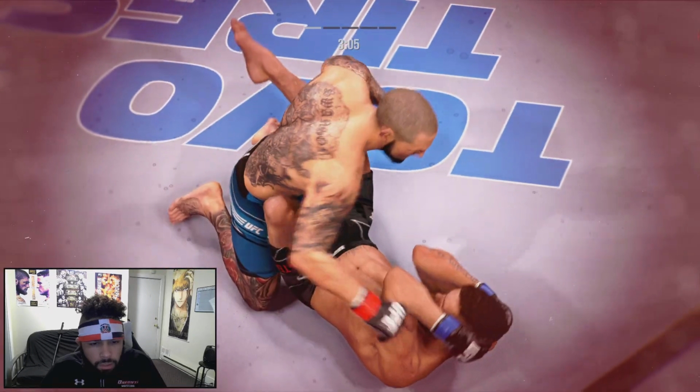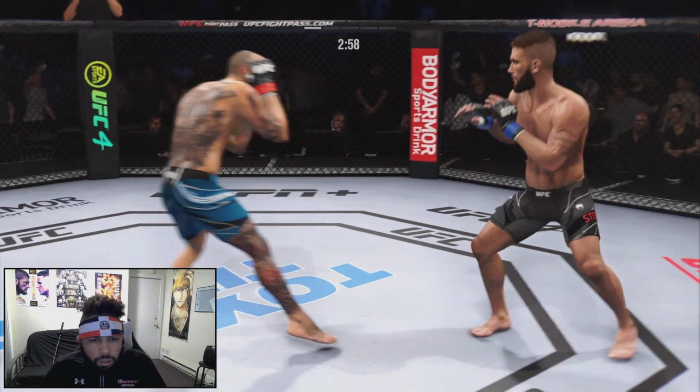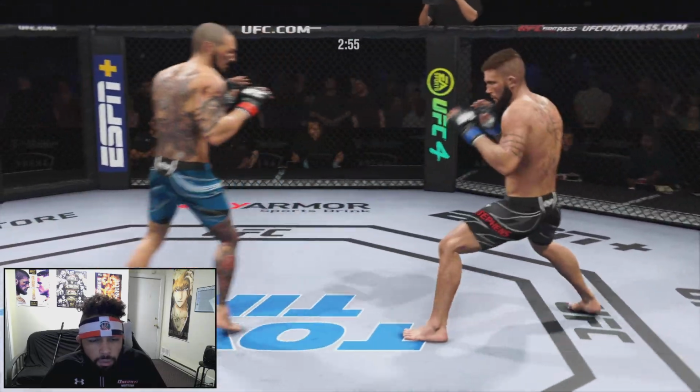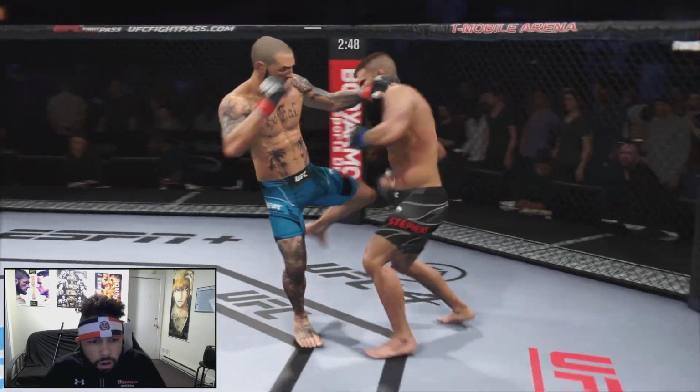Let's see if we can get him up. Not going to go up. But Giga Chikadze hit him with a nice liver shot. Anybody would have fell down to that. That was mean, man. That was a devastating liver shot. And he also talked about...